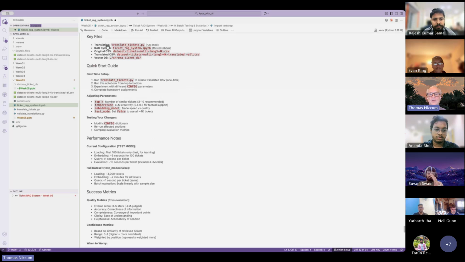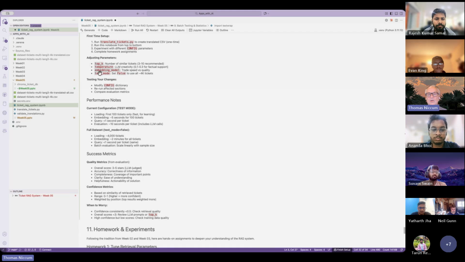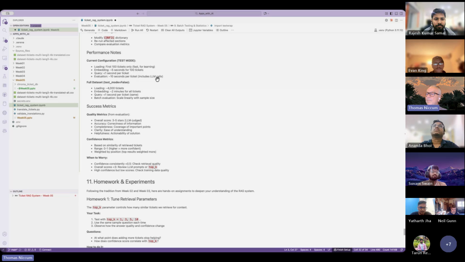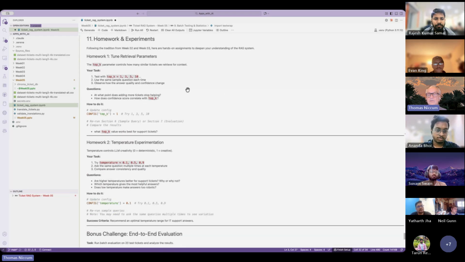And then here's what all the files are in the week 05 folder, kind of a list of the files. Here's how to set it up and run it. And here's what the main parameters are. So basically what I want you to do is just play around with this, see if you can get it